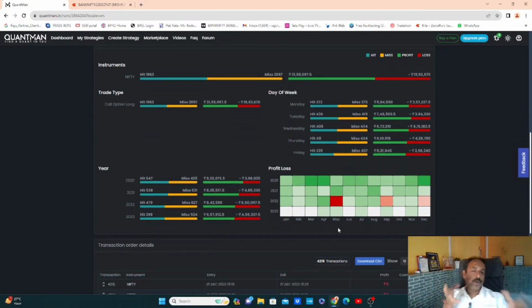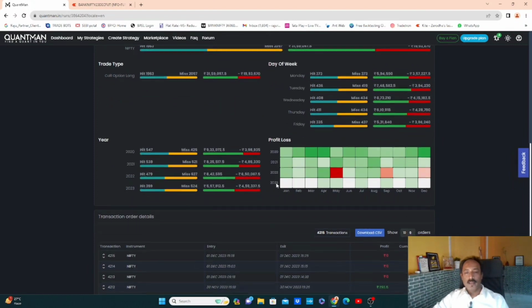In the same way, you can create this for a bearish strategy as well. You can give an instruction to the system to buy a put option whenever the current candle closes below the super trend. It will buy a put option. There also you can make a profit. Okay, I will show you that as well quickly.